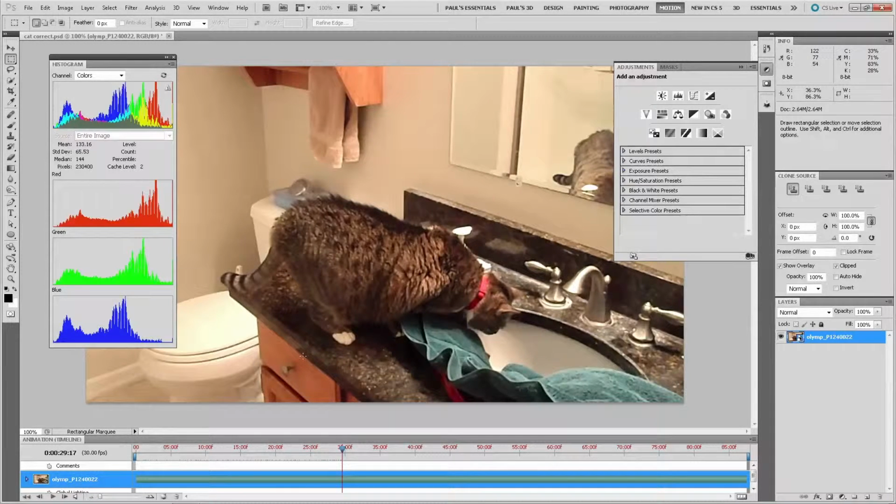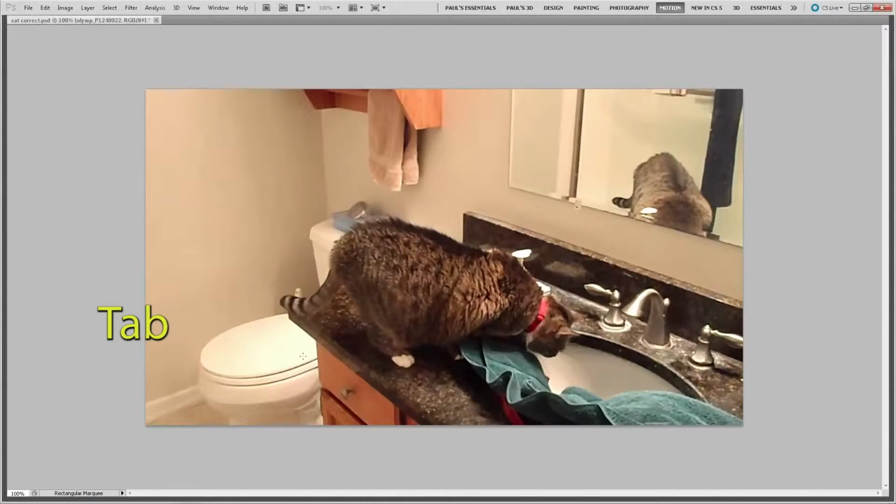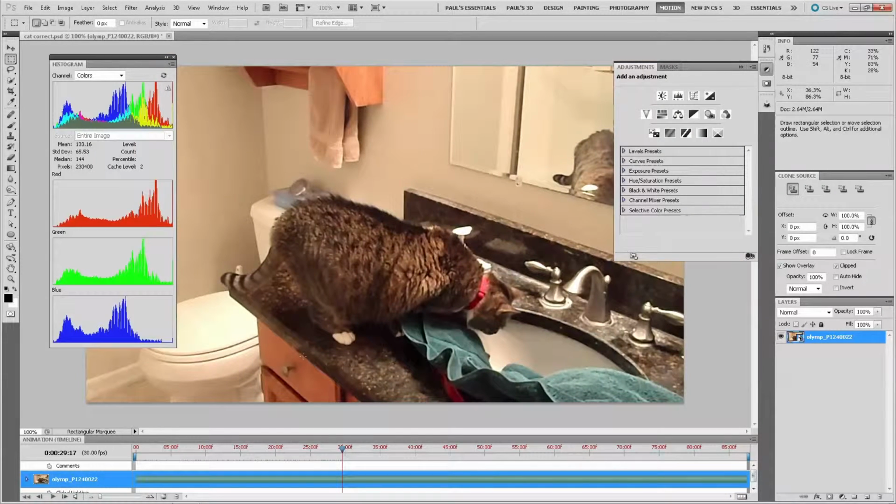Now you say, well, the screen's now pretty cluttered. Let's have a better look. Hit the Tab button on your keyboard and it gets rid of all the clutter. Tab again, and you're back to an average frame. Even better if it contains areas that are white, gray, and black. White is most important.